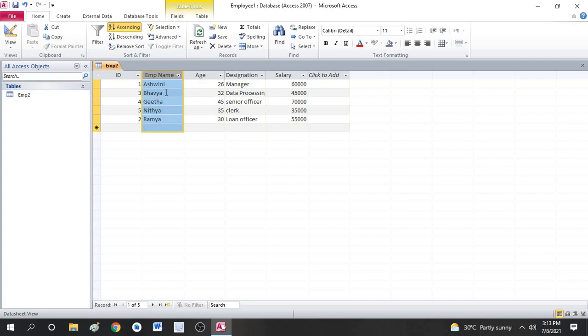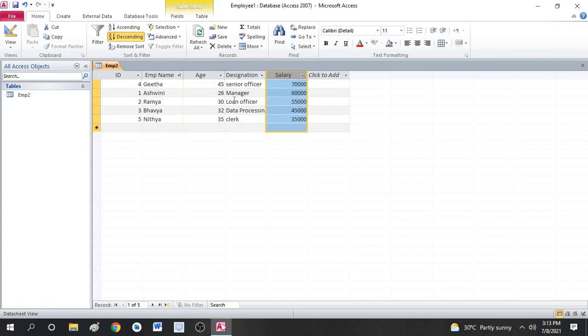Next question they have asked is, sort the records in descending order. So I have to select the salary column. Now I have to sort this in descending order. I go to the Home tab, and next to the filter we can see descending. You can see my salary column is sorted in descending order.